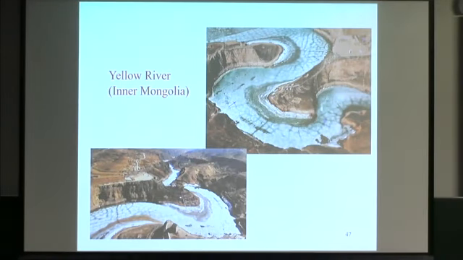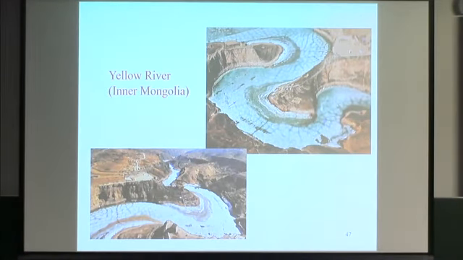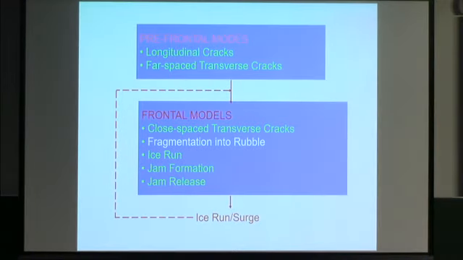And again, I show this, the bend, and you can see that on the Yellow River, the same picture, you do have cracks like this in the bend, and this here. But at the same time, you can also see cracks like this. I just show this to you to see if you have any suggestions or points. So to summarize,